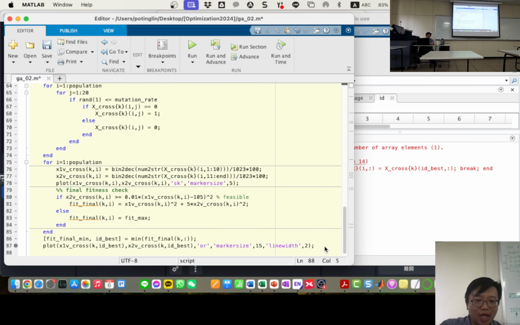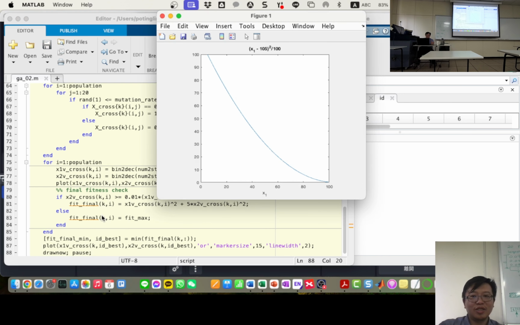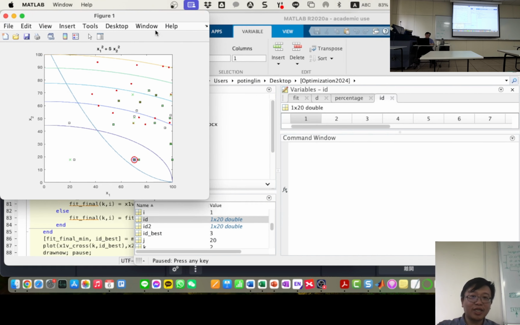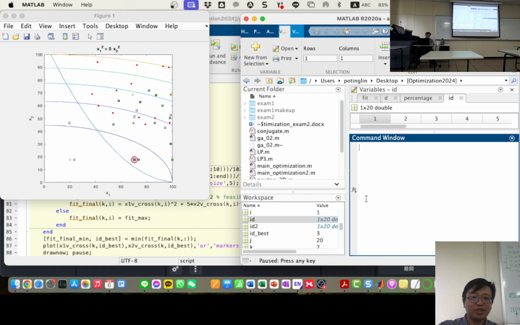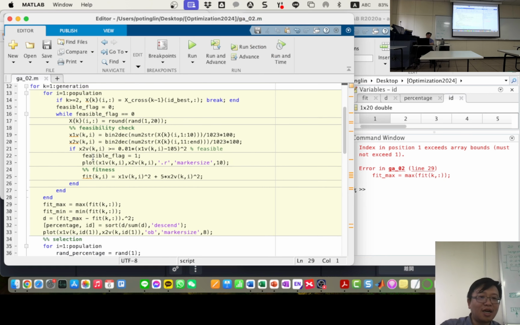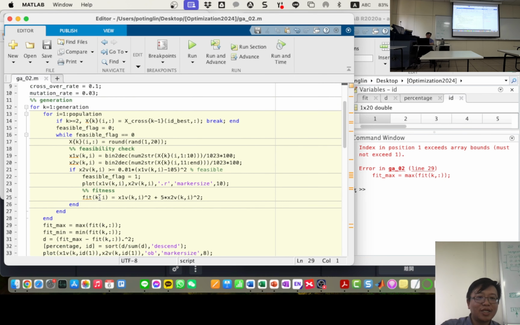Maybe we will do draw now right here. Okay, and maybe let's do a pause. So this is the result for first iteration. And then let's take a look at the other iteration. Because I use k comma I, k comma I. So every time I have k